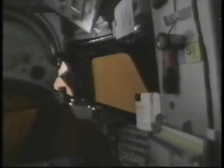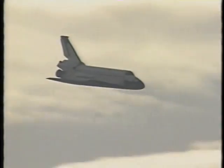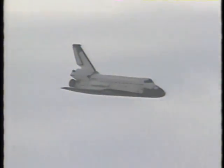But we were approaching a sunrise, and you'll see here in a moment Tom's window on the right-hand side of the vehicle is orange right there, while the sun is rising through Steve's window. Really spectacular. Of course, we diverted into Edwards after getting an extra day and an extra orbit out of this